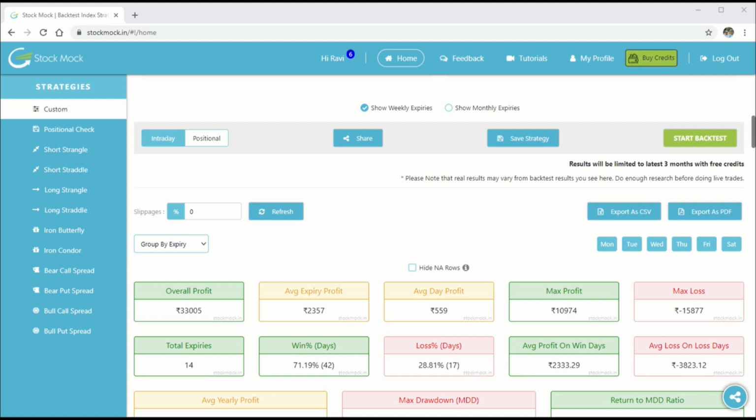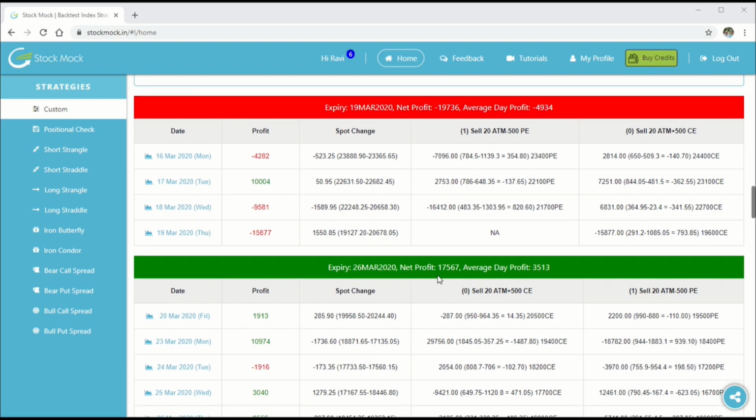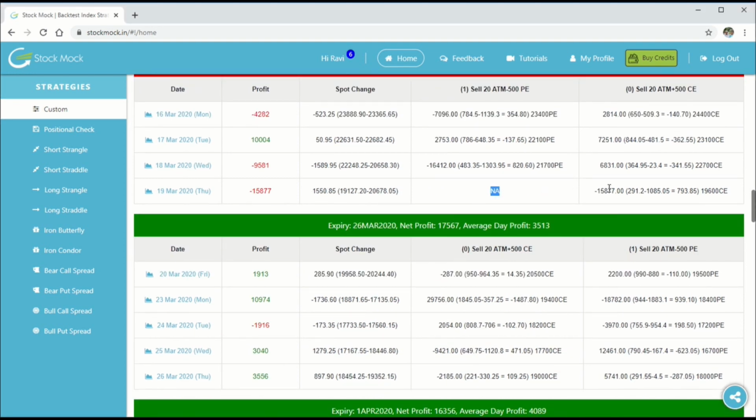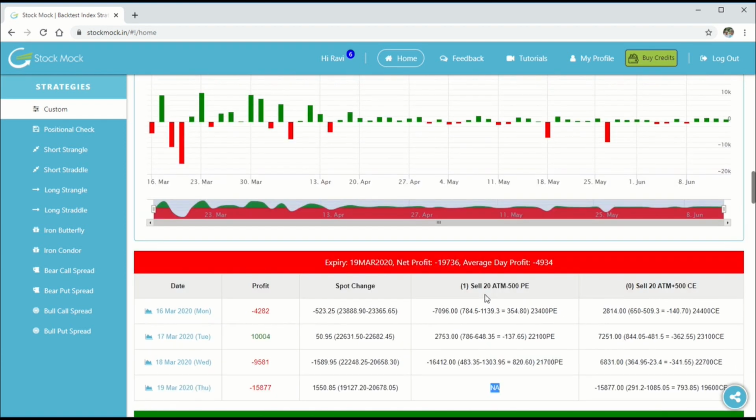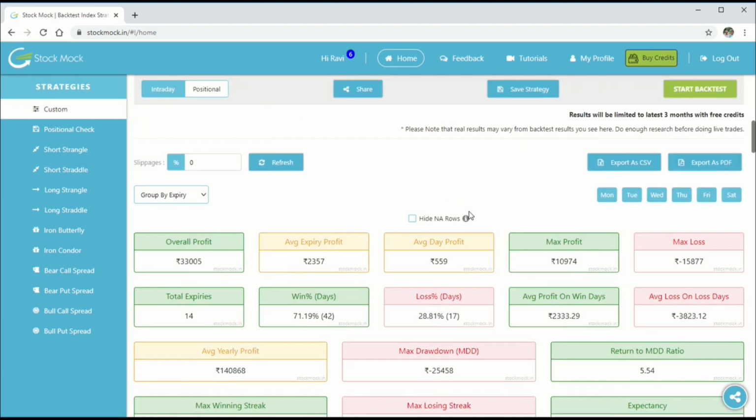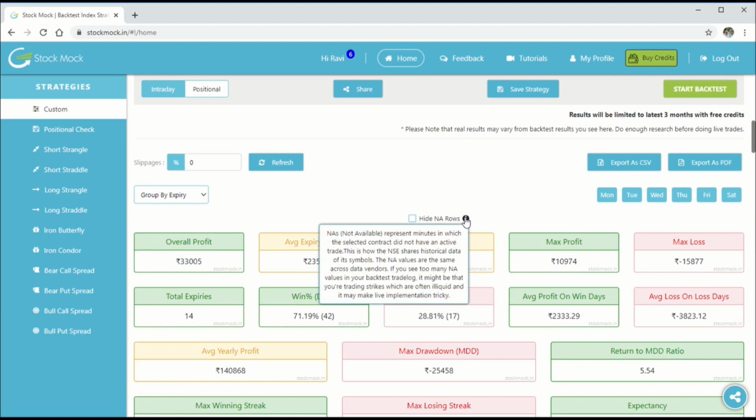The first one is, as you can see here, you have a checkbox called hide NA rows. NA here means not applicable. As you can see in the results, there are a few rows which have the values as NA. What does this mean? StockMark has given a very clear description of what it is.